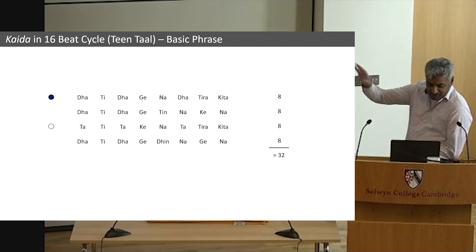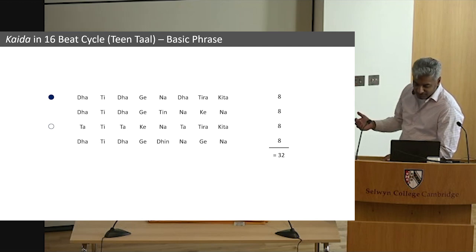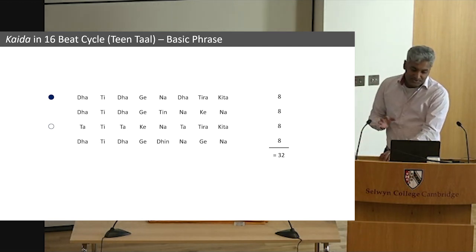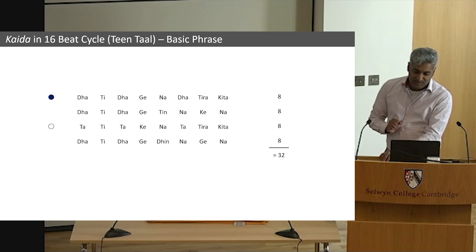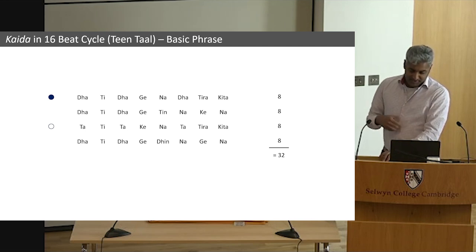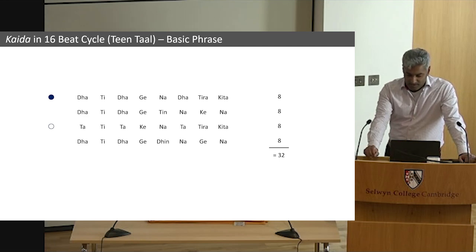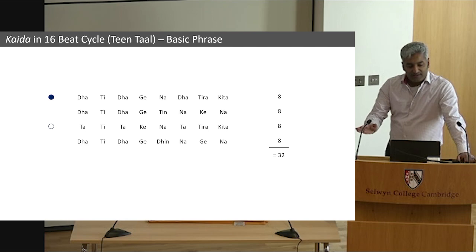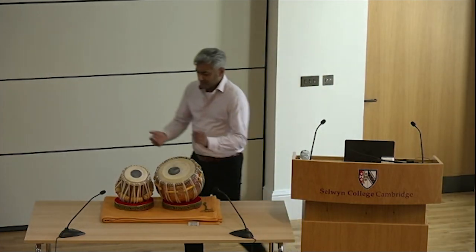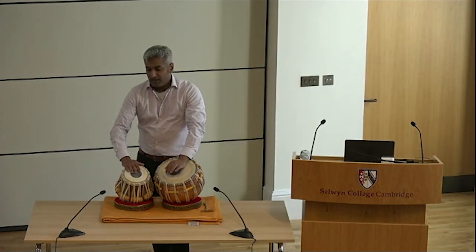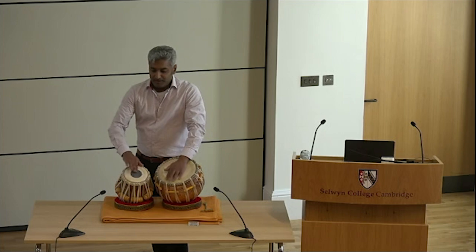Yeah, so this was basically the original composition with multiple variations. I want to give you a few more examples of what you would play on the tabla. For example, this is a composition of 32 beats, formed of 8 plus 8 plus 8 plus 8. So it goes like dhati dhagena dhatarigata dhati dhaga tinna kena tati takena tatarigata dhati dhaga dhinna gena. Very simple. If you play it in the composition.